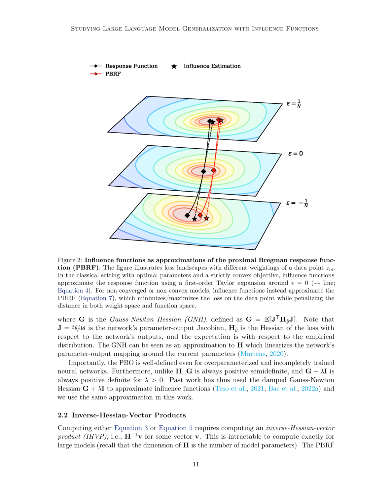Section summary. The classical formulation of influence functions for neural networks has two problems: non-uniqueness of optima and the lack of convergence during training. Past works have found influence functions to be inaccurate for neural networks due to these problems. To address this, the Proximal Bregman response function, PBRF, was introduced, which is the response function to a modified training objective called the Proximal Bregman objective, PBO. The PBO minimizes the loss on a specific data point while keeping the parameters close to the final parameters. The PBO can be approximated using the damped Gauss-Newton-Hessian, which is always positive definite.